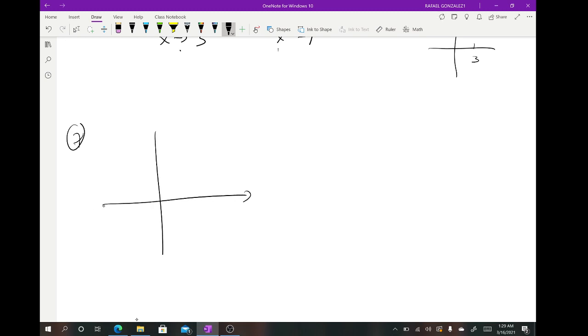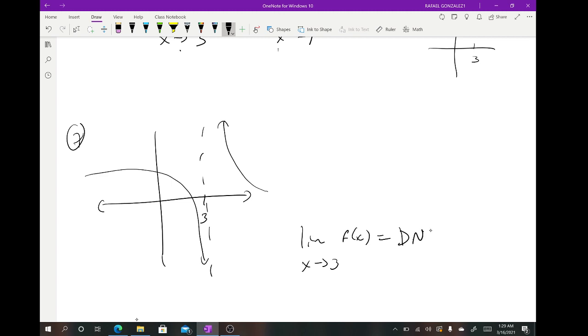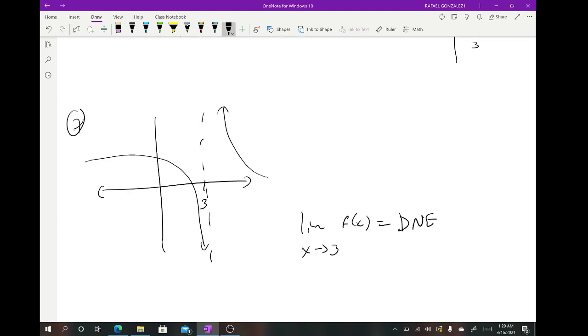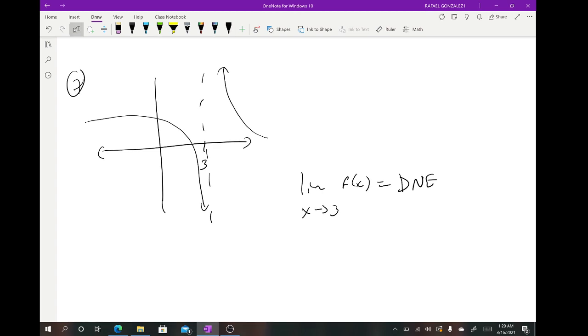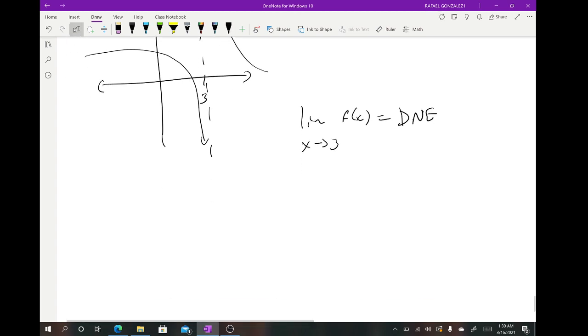Like, for example, if I give you this graph, let's say this is 3, and that's the asymptote, and it goes like this, and like this, then if I told you what is the limit as x goes to 3 of f of x, you will say does not exist because both limits are going in opposite directions. But now if I change this up a bit,